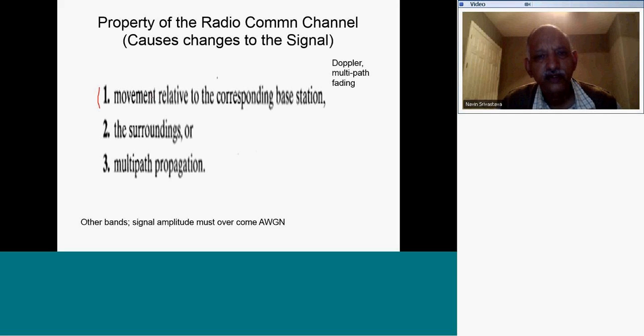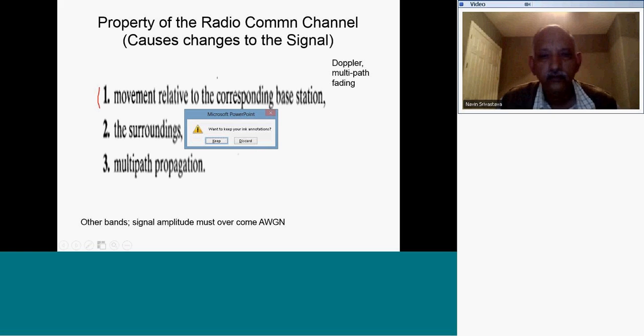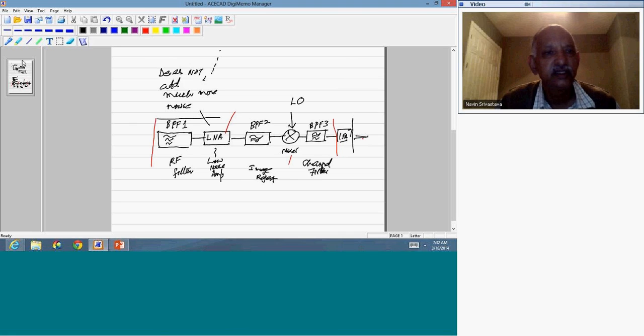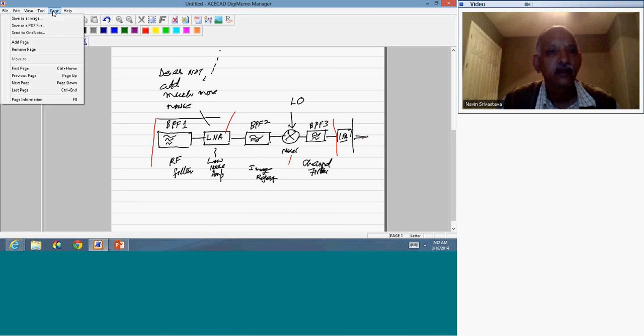Movement relative to the base station. So what is the meaning of this movement relative to the base station? This movement relative to the base station, if we are to understand that, what it means basically is